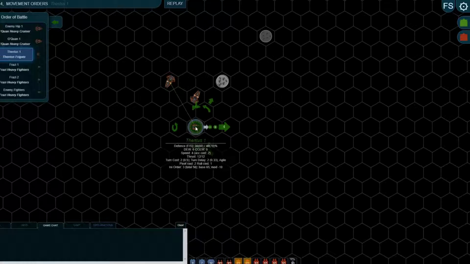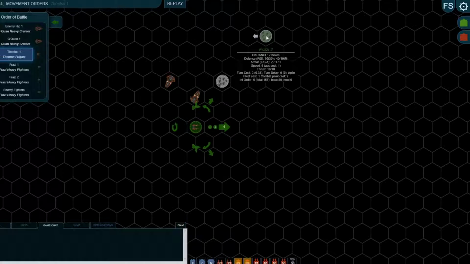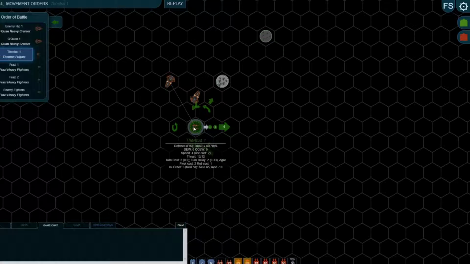So the Thetis, if you look closely, you can see at the bottom of the tooltip has a base of 65, the Jacoan, a much larger, slower ship, has a base of 0, and so on, and fighters themselves have a base of 80, so they're even more likely to go later in the turn than the Thetis. But also next to the Thetis you'll see a modifier of -10, and why this has been modified is because